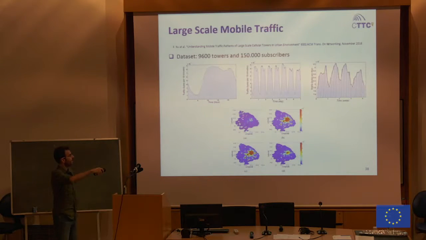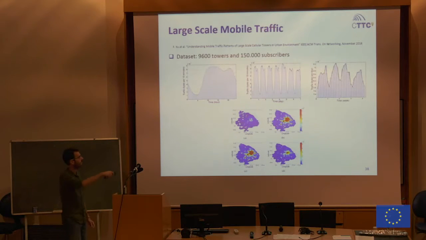So the color refers to the different traffic intensity, and the different pictures here refer to different times of the day. So this is early morning, and you can see that there are zones that are all in blue, and some zones that have a bit more traffic. Then the traffic increases in this central zone, and then decreases again. So what we can